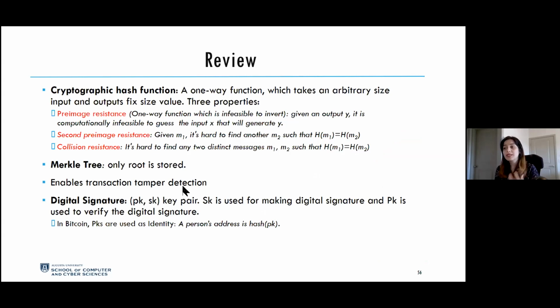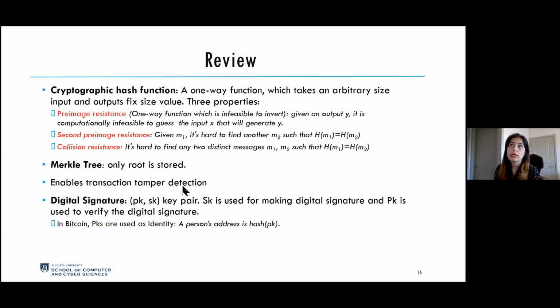You use the secret key to sign a message, and then whoever wants to verify your signature can use the public key, together with the signature and the actual message, and verify whether the signature maps to the message that you have sent. In Bitcoin, the public key that you use for your digital signature is considered your address,